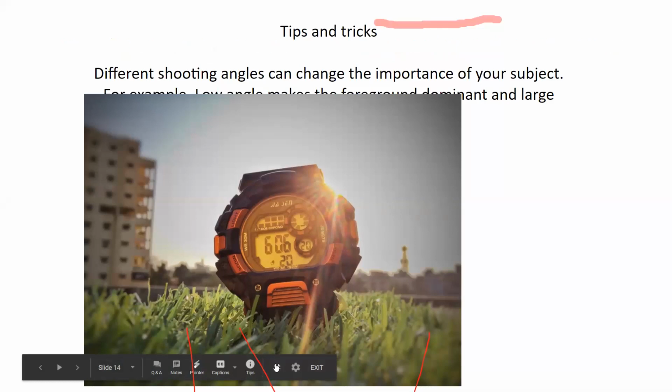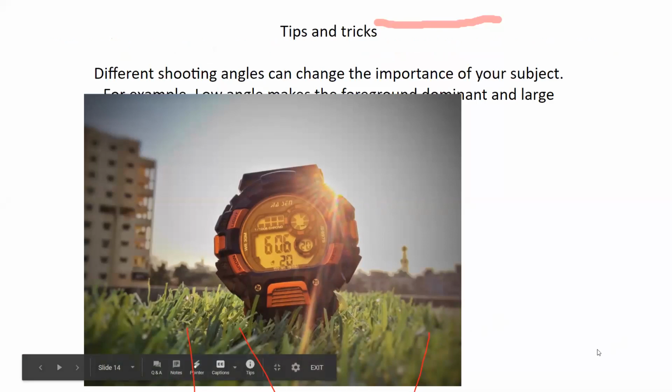Okay. So now while shooting, these are all random tips and tricks or guidelines, you can say. These are not at all rules like in mathematics or something. These are guidelines you can follow to make your photograph better. How to use them, where to use them is completely your choice. I'm just telling you some things that can help you for the next round.